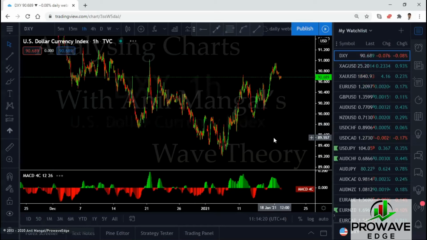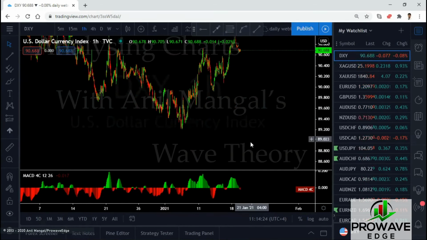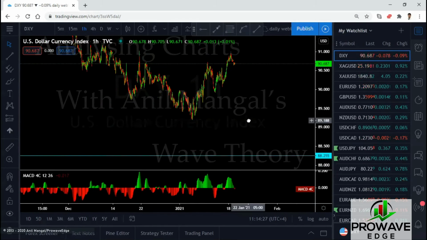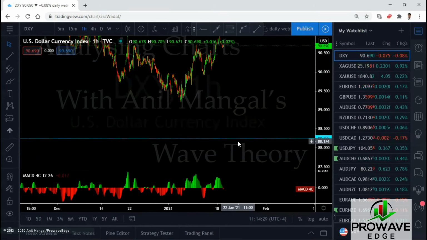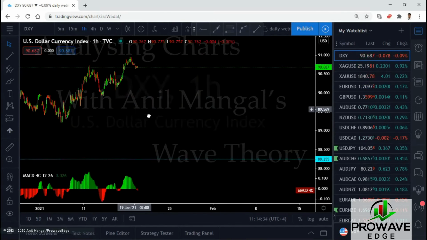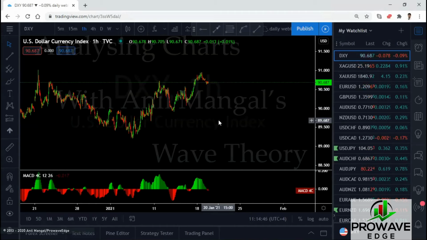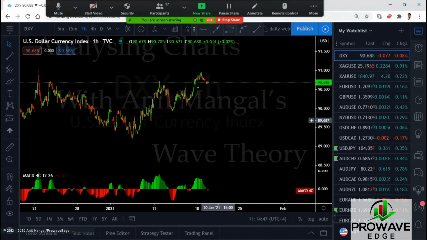So let's go. Dollar index. Again, very fast. If you didn't watch yesterday's webinar, you should watch it. It will probably be suggested to you. We're expecting dollar index to come and break this low eventually in the daily pattern. On the short-term pattern, it's correcting. Yesterday, we said this could probably be a contracting flat. If we get a buy setup here, we will take it. There wasn't really a buy setup there because we were trying to do some other trades. It's still correcting, and there is a good chance it could fall if we assume this correction is complete and this is a contracting flat.